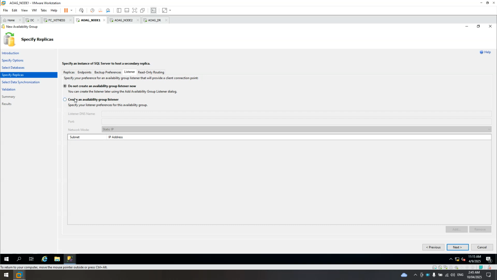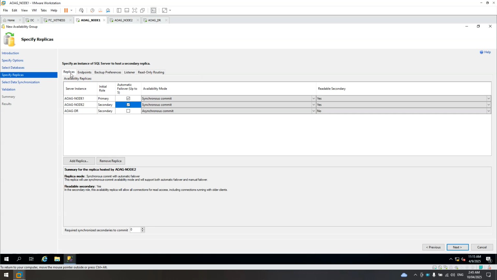Then under listener, we already created replicas. Remember, node 1 and node 2 are primary and secondary. DR is secondary, but asynchronous.